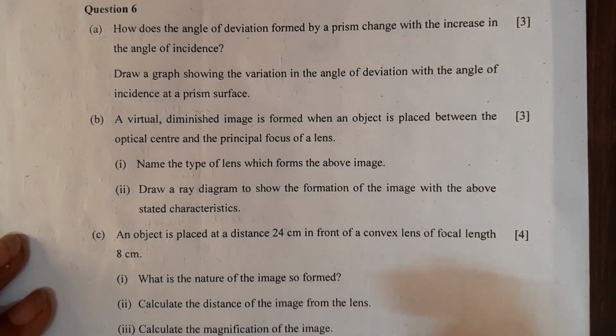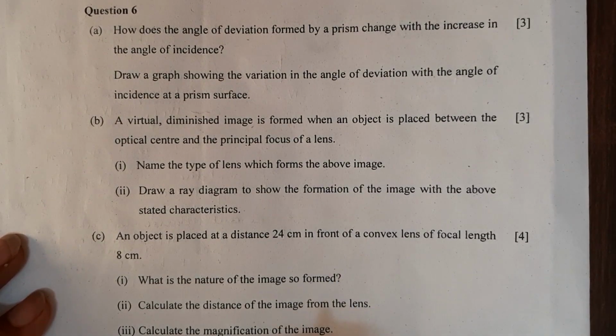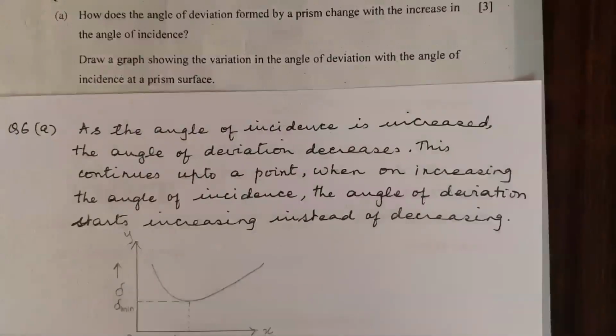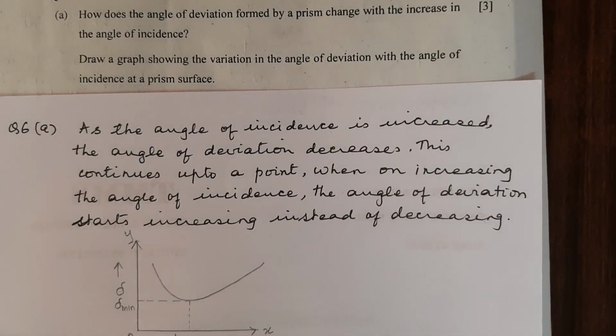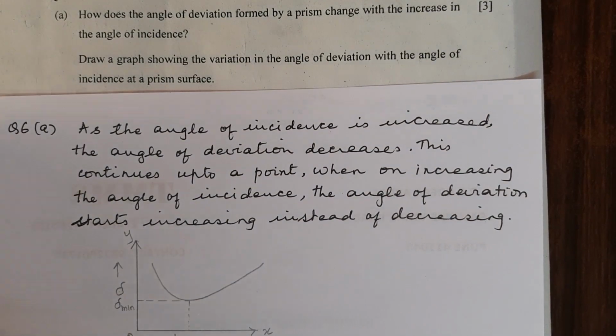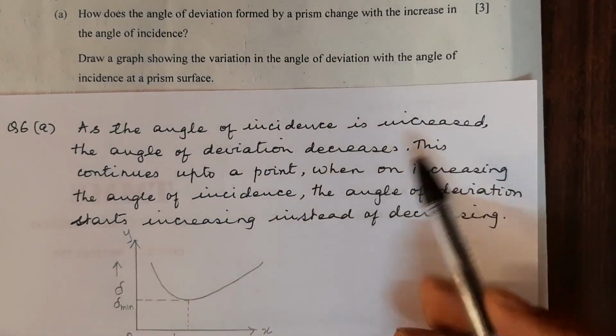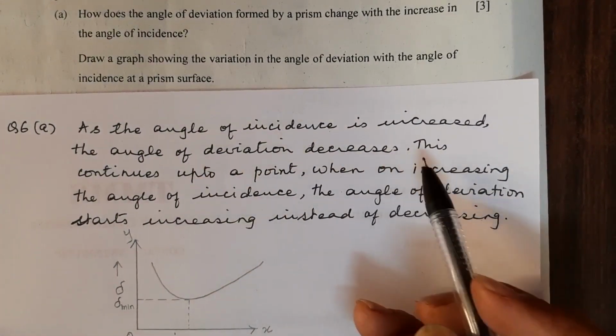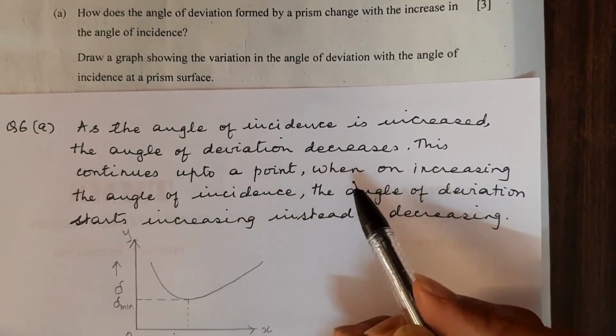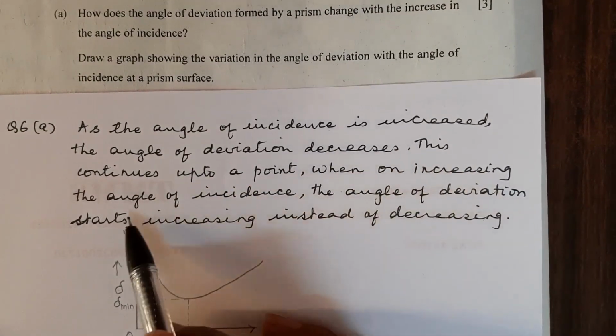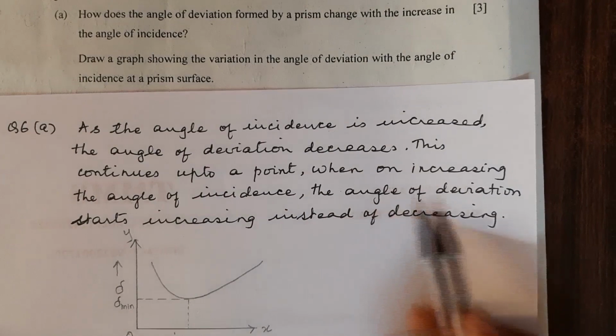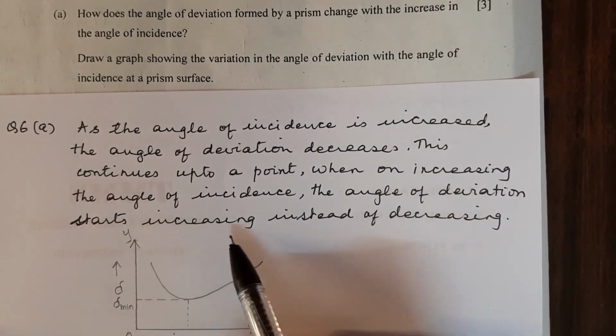We now come to question 6a. How does the angle of deviation formed by a prism change with the increase in the angle of incidence? So we write the answer. As the angle of incidence is increased, the angle of deviation decreases. This continues up to a point when, on increasing the angle of incidence, the angle of deviation starts increasing instead